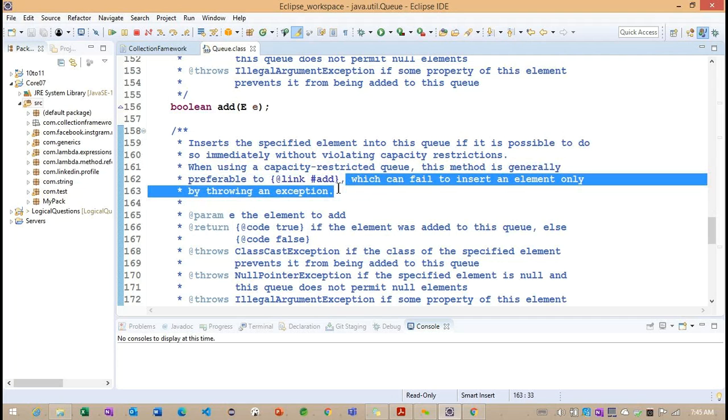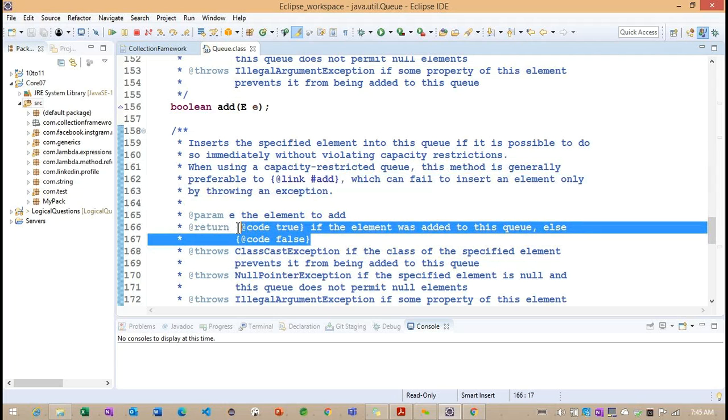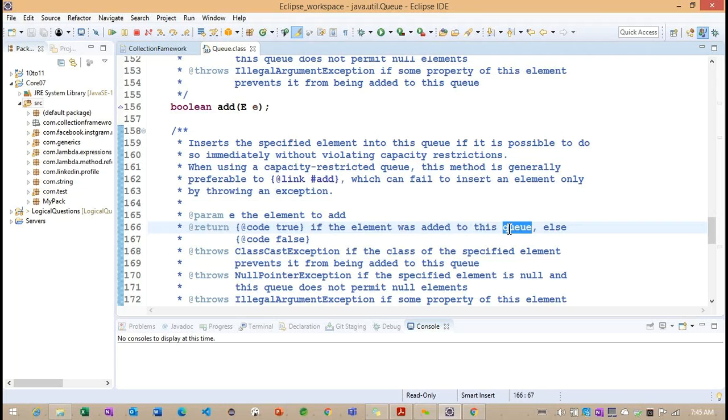If the object is inserted successfully, we are going to get a true here. Otherwise, we'll get a false here. So this section of the documentation is providing return information. If the element was added to this queue, it will return true, else it will return false.